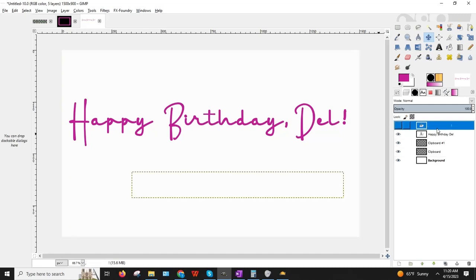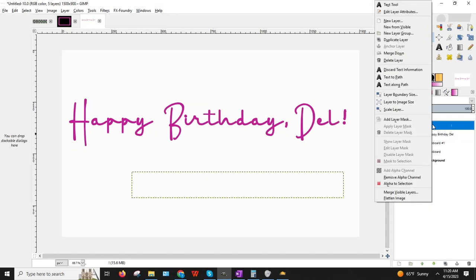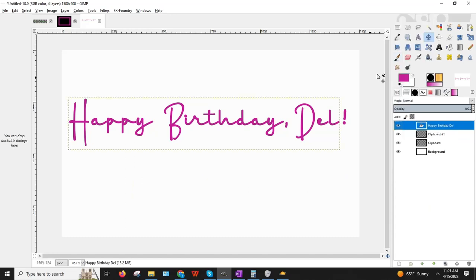No, wrong layer. Actually, I'm going to delete that layer that we made invisible. Okay, so there's my exclamation mark. There's my comma. I'm going to start with the top layer, the Happy Birthday Dale part, and I'm going to